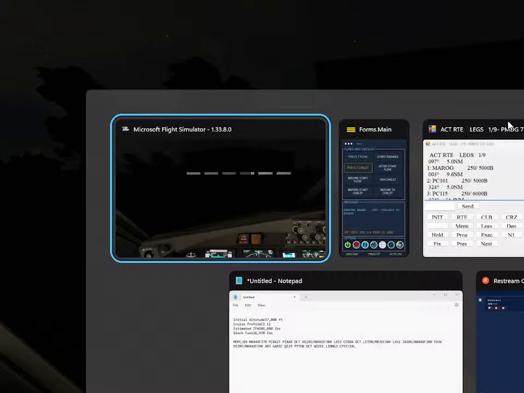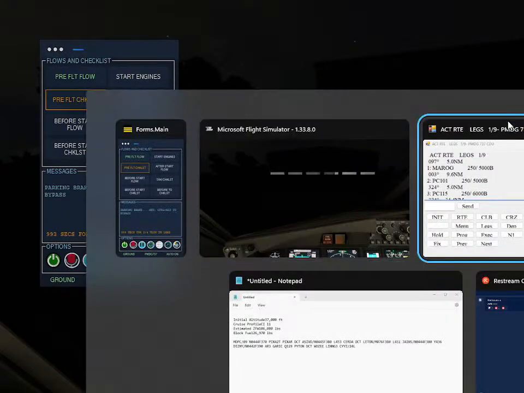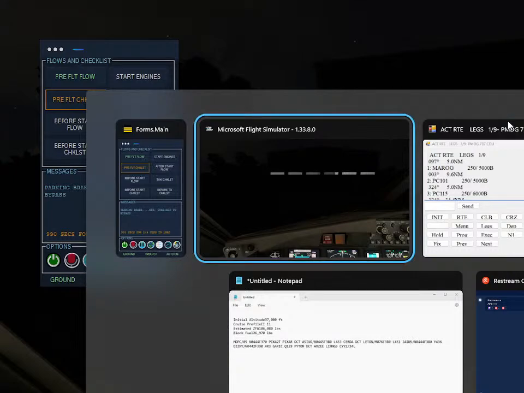Forms.main row 1 column 2 207. Microsoft RTE Lex 1 symbol star on 3 stream ops 29 forms main row Microsoft Flight Simulator 1.3 Microsoft Flight